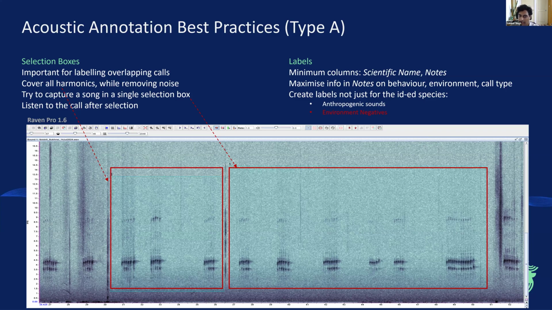By negative, I mean a label, a bounding box, which does not have any species but has environmental background noise. And finally, we come to the third point, which is that one species is known, but there are 2 other species calling very loudly that I have no idea about. Honestly, what I do is create a bounding box for those also, and I write down unknown insect species or unknown frog species. That is also a very useful practice,